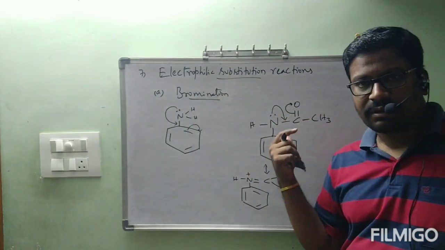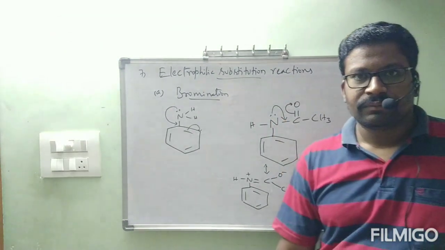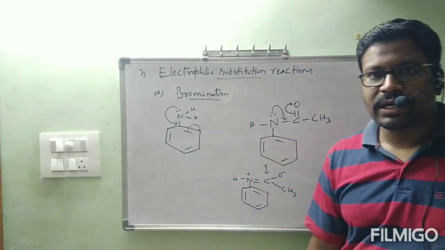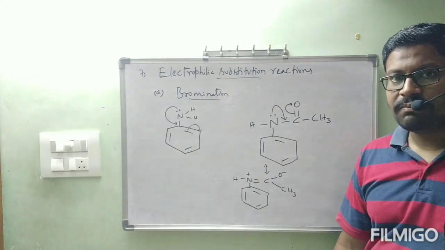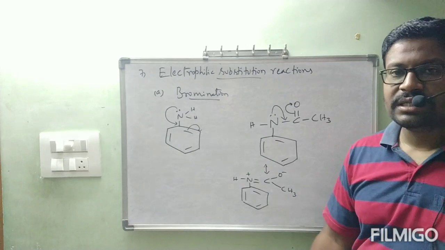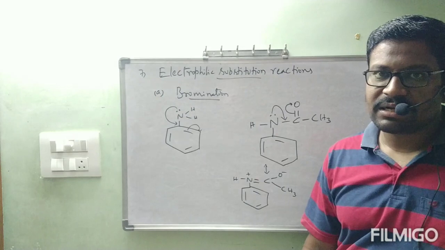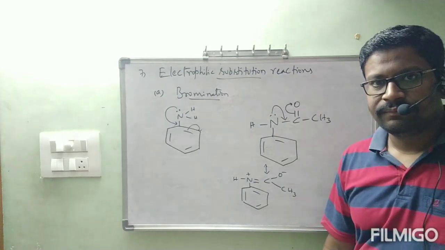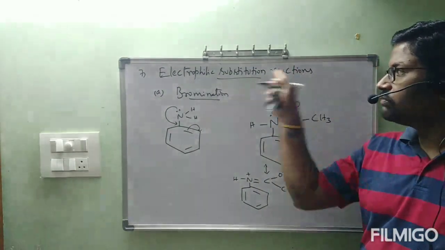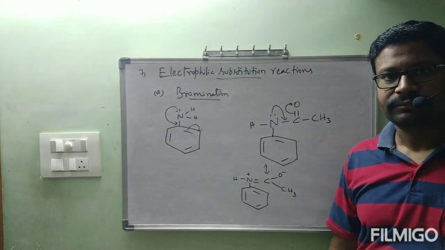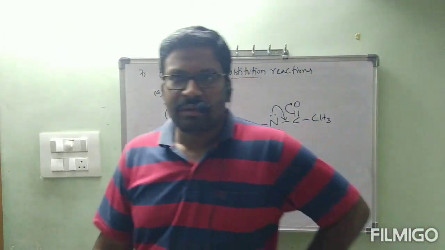After gaining our required product, again we will convert this NHCOCH3 to NH2. That is the important point here we have to understand. Okay. So first we are deactivating that NH2 group by the introduction of COCH3. Second, again we are removing that COCH3 by acidic hydrolysis or basic hydrolysis. Is it clear? This is the first reaction completed under electrophilic substitution reactions. That is A. Next we have to see nitration as well as sulfonation also.